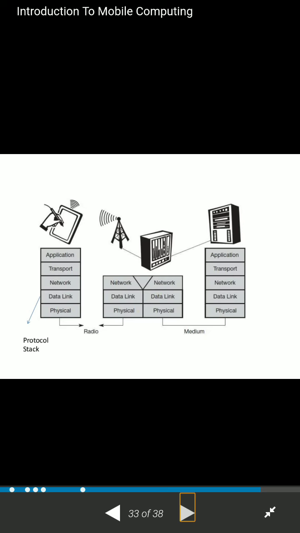This is the basic diagram for the simplified reference model. It is the sender side. The left hand side shows the sender side, and the right hand side shows the layers. It is the receiver side. In the middle of the figure it shows the antenna, and another box is also an antenna. It is connected to the PDA. What is the full form of PDA? Okay, it is the personal digital assistant. What is the main purpose of the personal digital assistant?